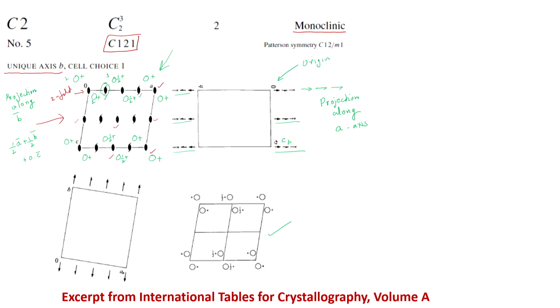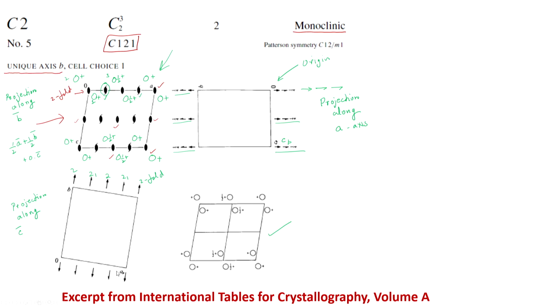Here, in this case, the projection is along C. Now once the projection is along C, we will be able to see the two-folds and the two-fold screw axis separately. So, this is my two-fold, this is 2 sub 1, this is 2, this is 2 sub 1, this is 2. So, all axes are in the plane of the diagram. These are just different perspectives on this.